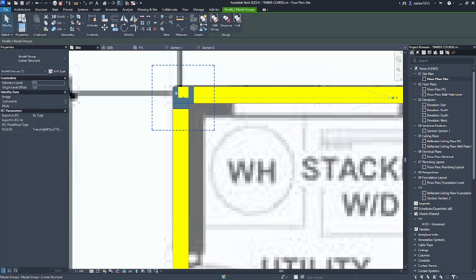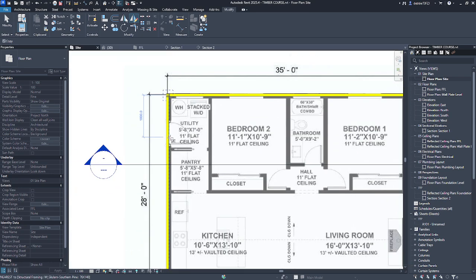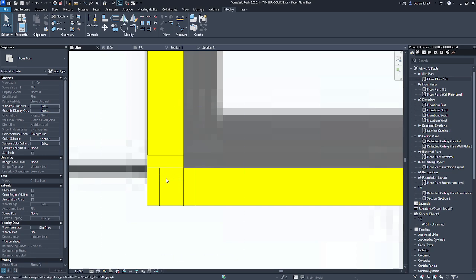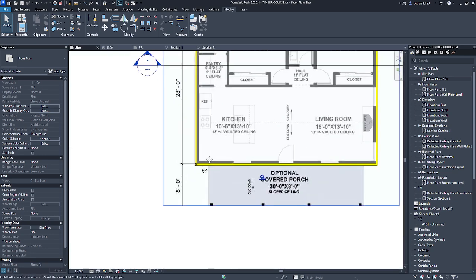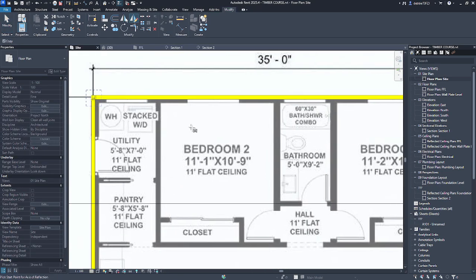So if you do not want to copy and rotate and move into place, you can go back to our first corner. You can go to mirror draw axis. So then we'll just scroll to middle point, draw it there, it'll mirror it into place. So we can do mirror again.